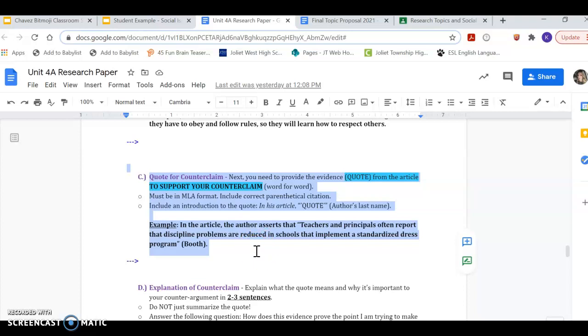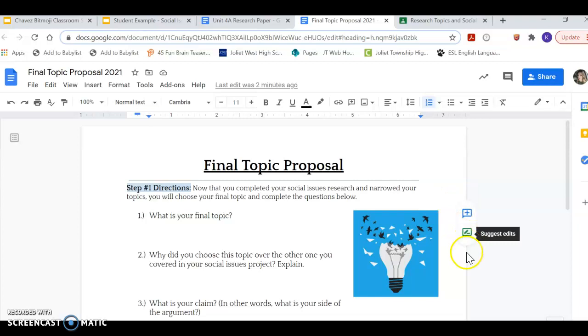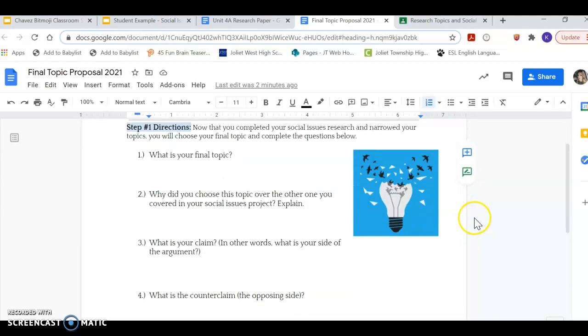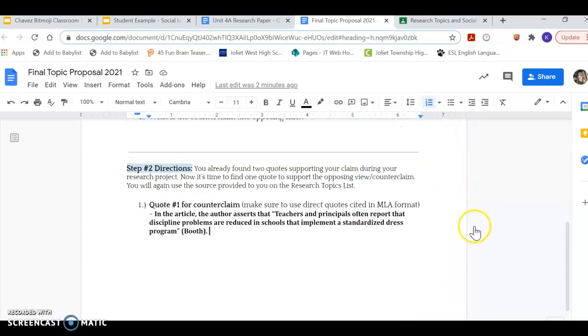Now, last week, you already found your quote for your counterclaim in your final topic proposal worksheet, which looks like this. You completed it on Friday in class. Once you open this up and scroll down to the bottom where it says step 2, this is where you needed to find your quote for your counterclaim. So remember, counterclaim is the opposing viewpoint, the one that is opposite of yours. So you're going to copy the quote that you found from your final topic proposal,